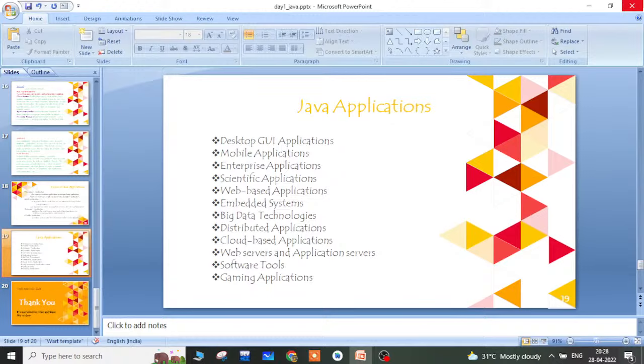Last but not least, we also use Java for gaming applications. So these are some areas where we are using the Java programming language to create applications.